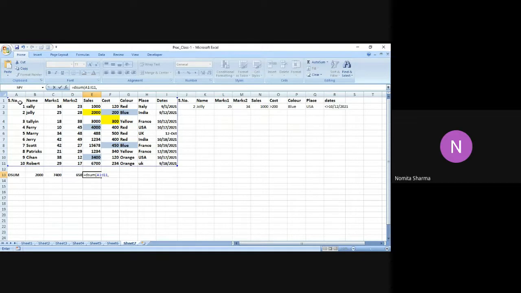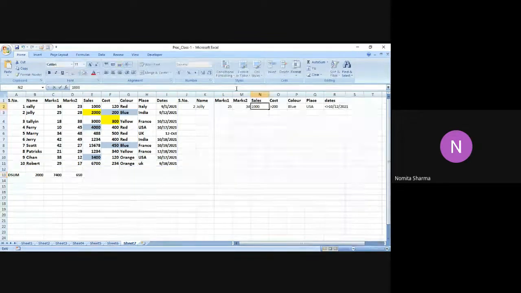So we have D sum, I have given the database, and this time I want to sum, say, marks 1. So I say marks 1 in quote I will mention, and I want to sum up the marks for the sales. Let me say some logical mathematical operator.